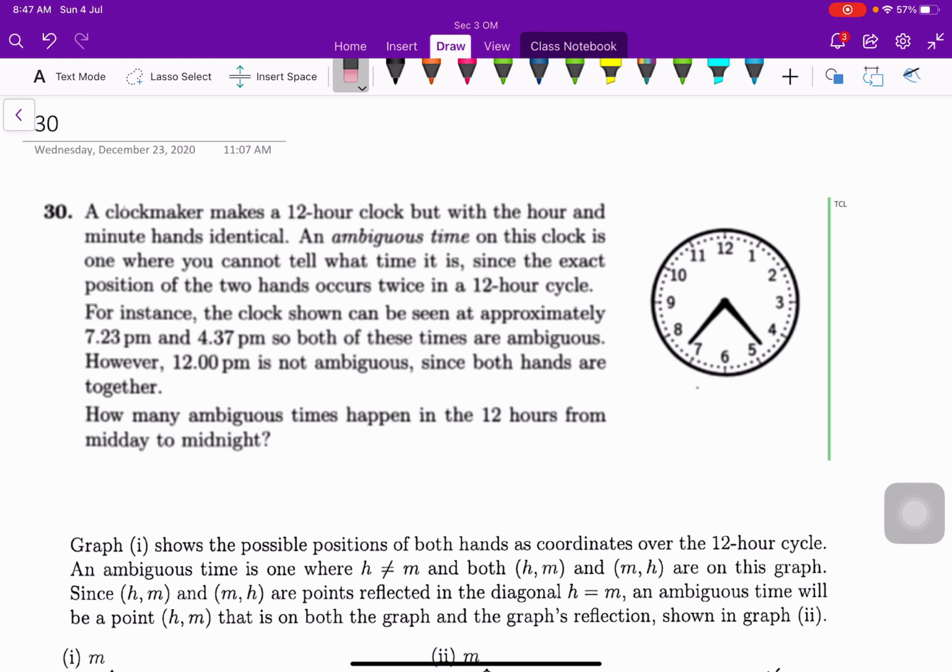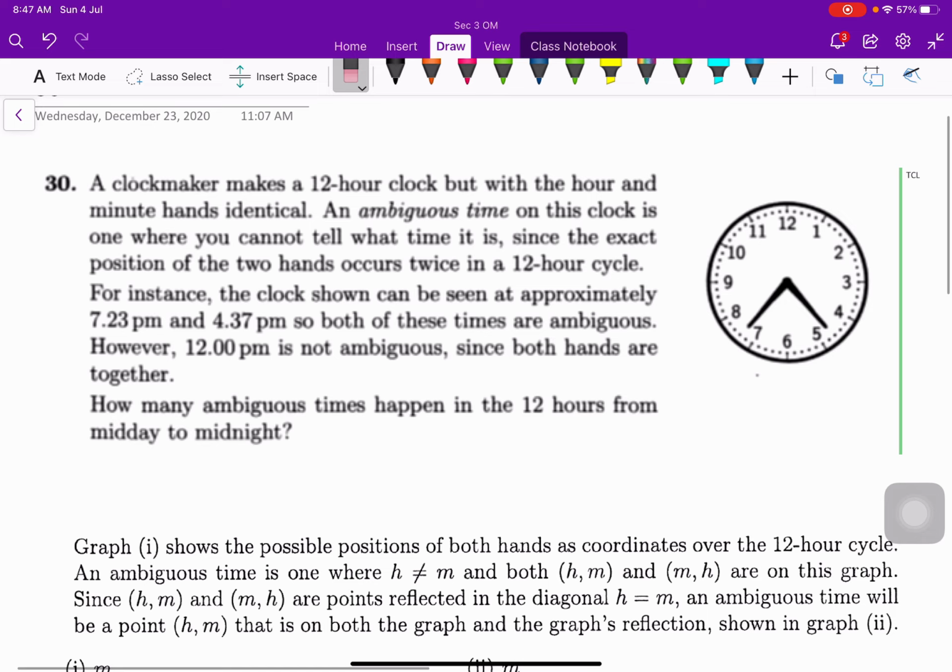Okay, let's look at question number 30. Let's explain the idea of ambiguity time. The clock is designed in such a way that this is the hour hand and this is, let's say, the minute hand, but they are exactly the same length, right? That's the reason why it says the clock shown can be approximately